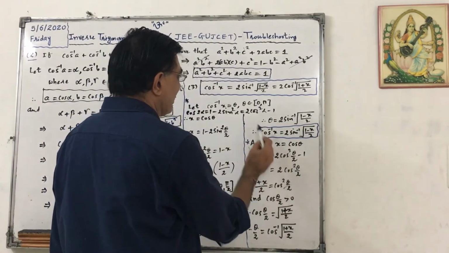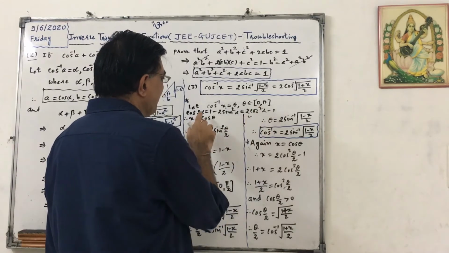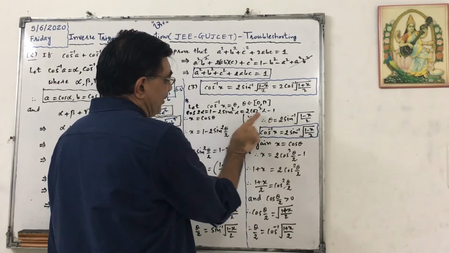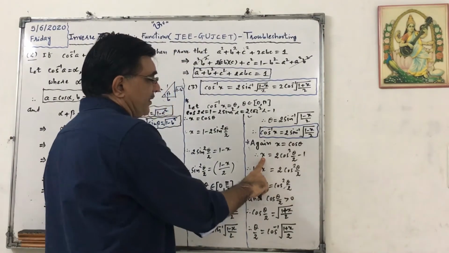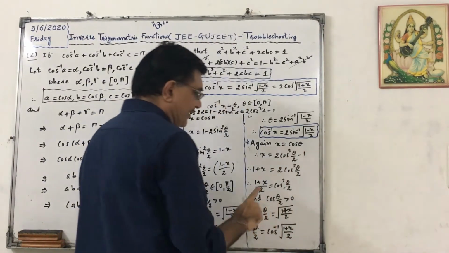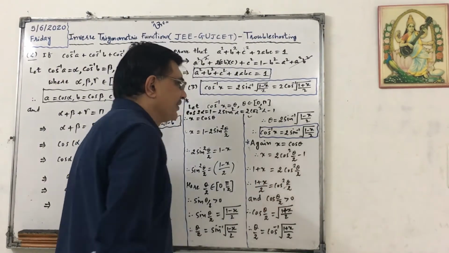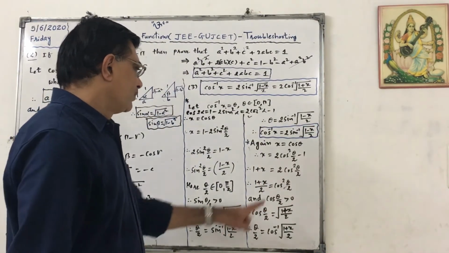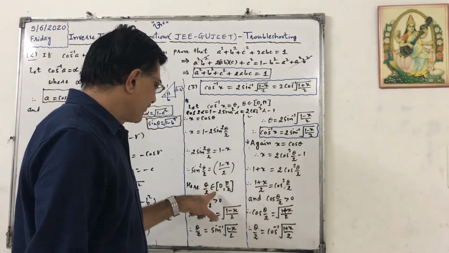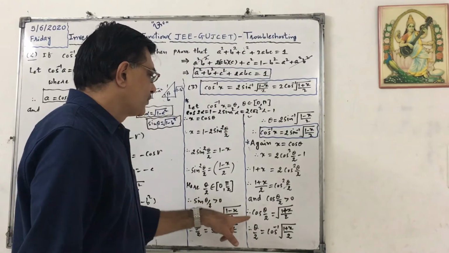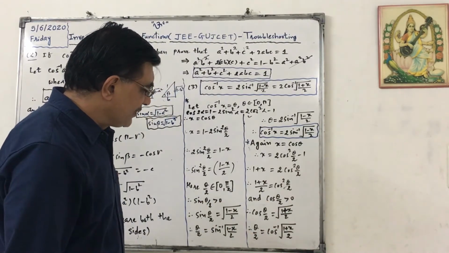Now again taking x equal to cos theta, but now using the other form. We have considered 2 alpha as theta, so here it will be theta by 2. So x can be written as 2 cos square theta by 2 minus 1. Taking 1 to the left side, 1 plus x equals 2 cos square theta by 2. So (1 plus x) by 2 equals cos square theta by 2. Again cos theta by 2 is positive because of the first quadrant. So cos theta by 2 equals square root of (1 plus x) by 2.